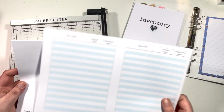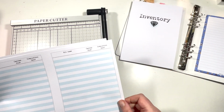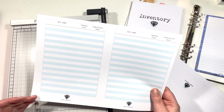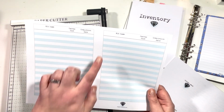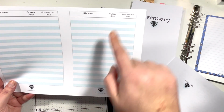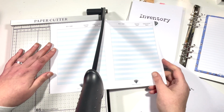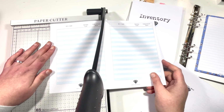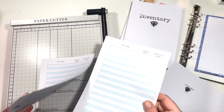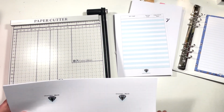Now these have been designed, so that is the cover paper and the sections all cut up. So this is the first one here. So you can see it's got a larger left margin, and then a big section in here, and then you've got the same on the other side, but you've got a larger right margin, and that is to be sure that when you flip it over, the margins remain correct on both sides when you are binding them. So that is the inventory sheet, and then we have the